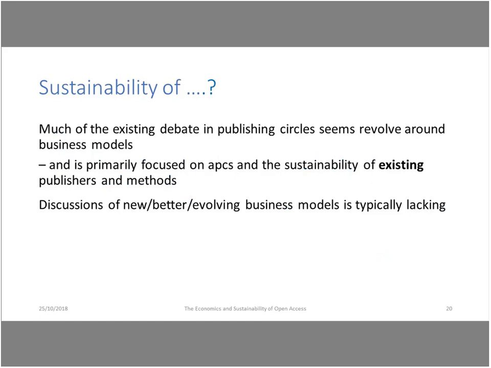I just wanted to carry on from the really interesting discussions that have been thinking about what it is that we're trying to sustain. I guess quite a lot of the discussions that I've had in other settings, and it's been a much broader discussion today, have often been around APCs and about how to support the existing publishing model. How do we support existing publishers and existing publishing methods, rather than really taking the view forward and thinking, so what's coming, what are the new business models, and how could we be changing business practices into the evolving new world that's there. So what I wanted to do was